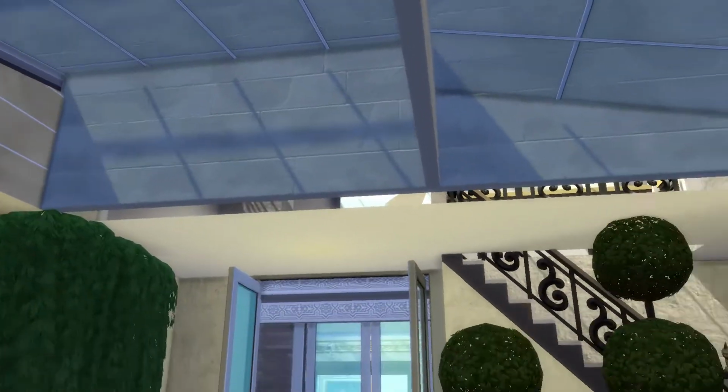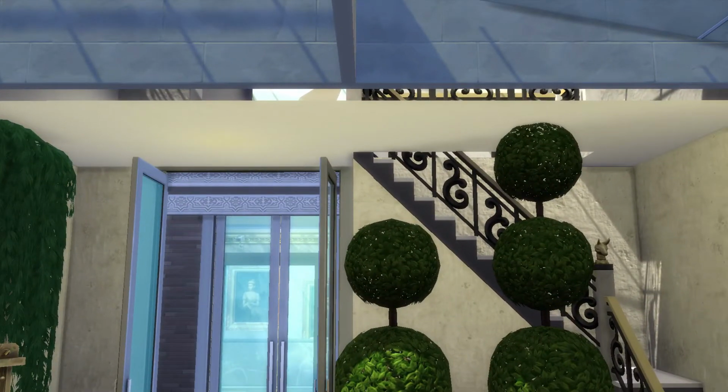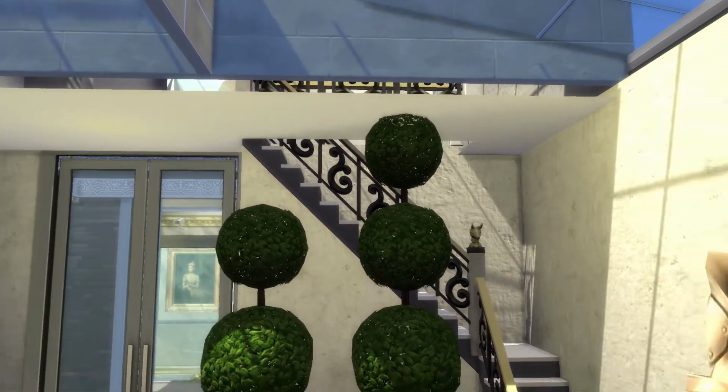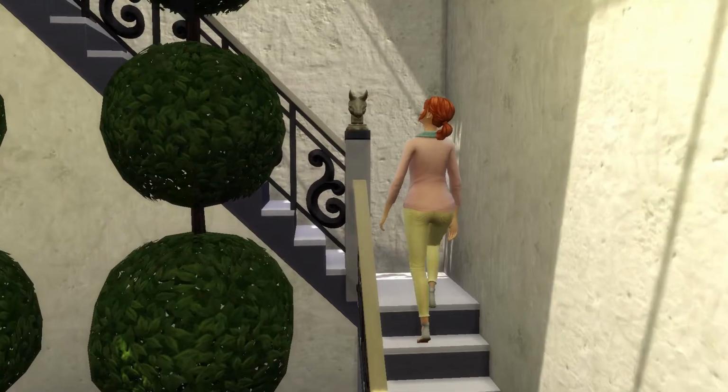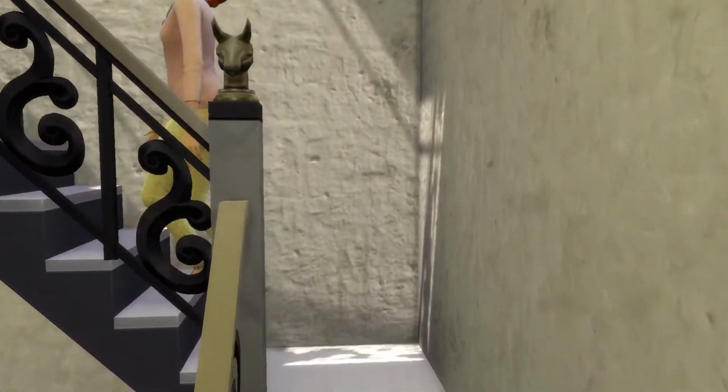It's got the glass roof. I just wish that we could paint the inside of the roof to match the walls. It's so upsetting. All right, and then you go upstairs and it's just like the,